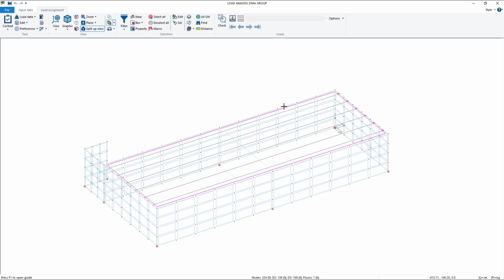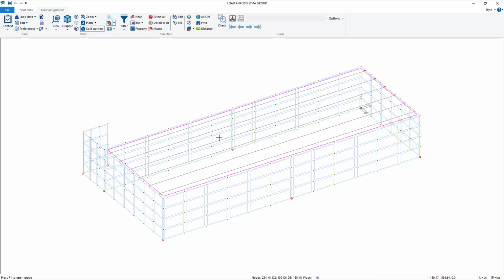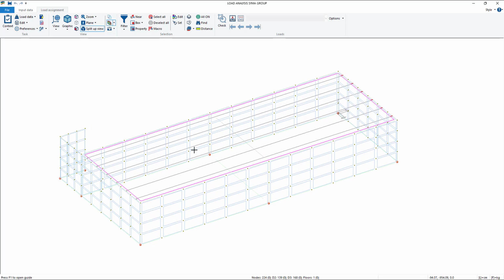Okay, now I want to show you how to apply basically the soil pressure on the structure. To do that, we can use an automatization that ProSap gives us, that is used basically to create the combinations later.